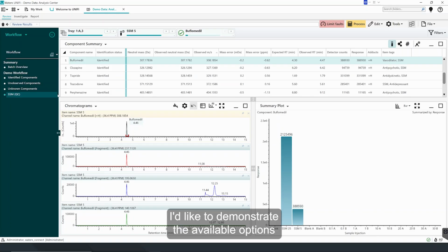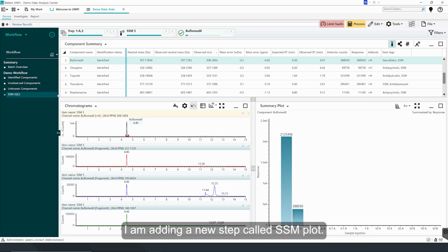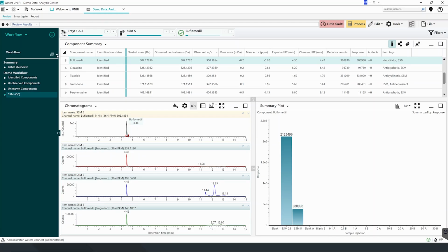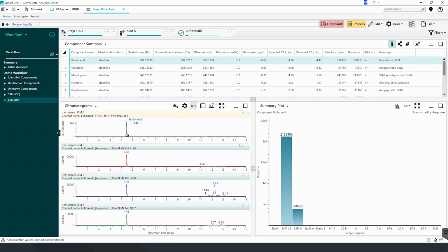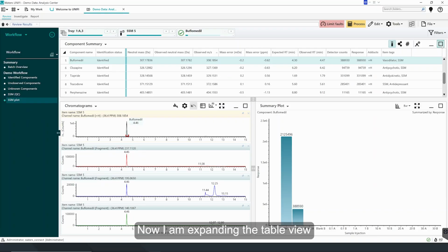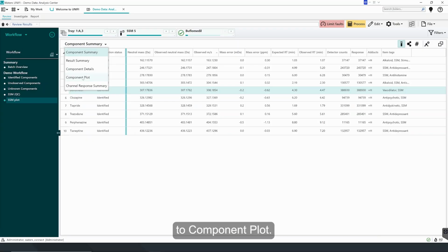I'd like to demonstrate the available options by creating an additional step representing these results in a plot. I am adding a new step called SSM plot. Now I am expanding the table view and changing it from component summary to component plot.